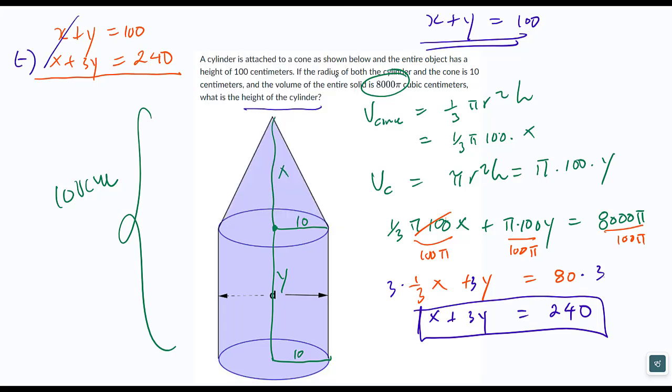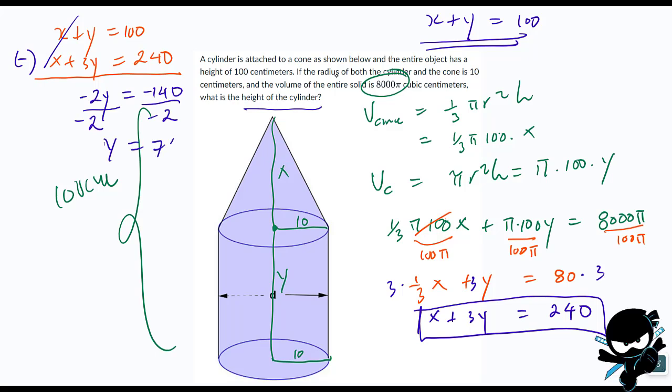X from x disappears, so y minus 3y is negative 2y, and 100 minus 240 is negative 140. Divide both sides by negative 2. Y is equal to 70. And that completes my